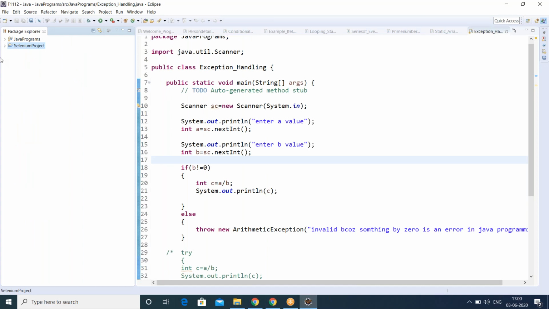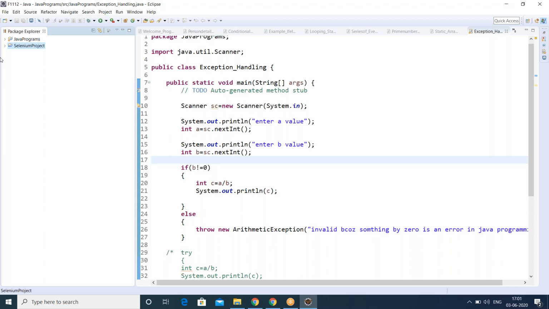In order to configure WebDriver with Eclipse, I have created one project in Eclipse, and now I'm going to perform the steps to configure WebDriver with your Java project.